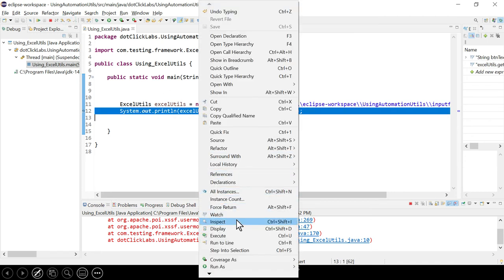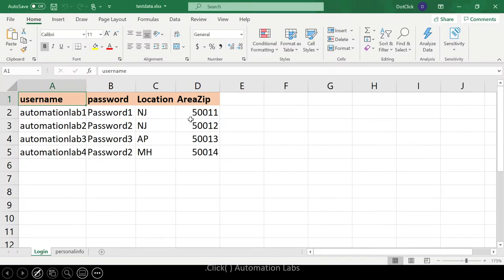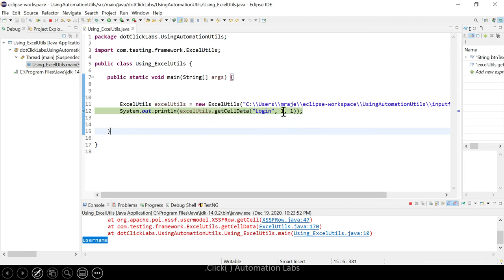Inspect. Ignore this, I'll fix it. You got the username because this is cell 1 comma 1, so first row, first column. Like this you can read the data from any cell which you want to read.